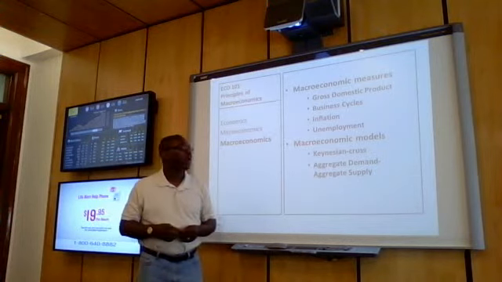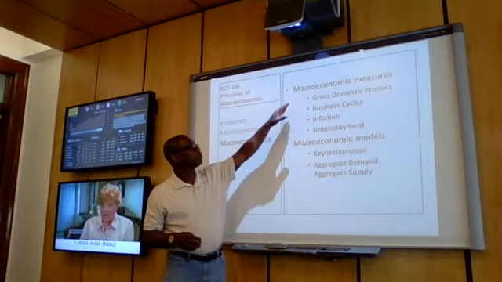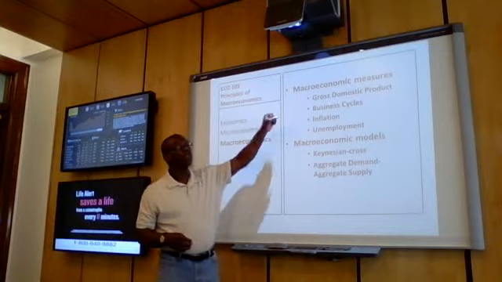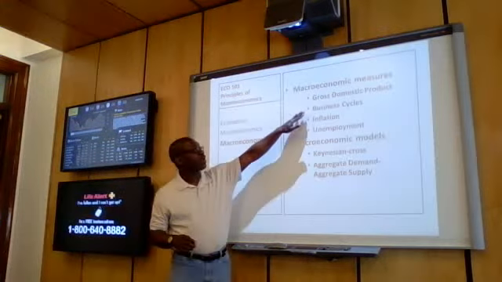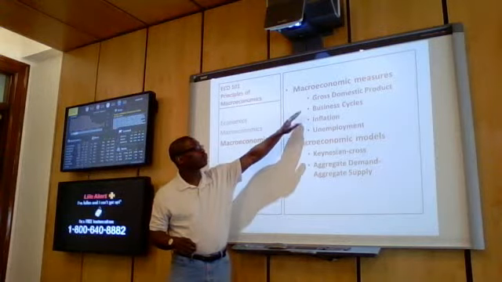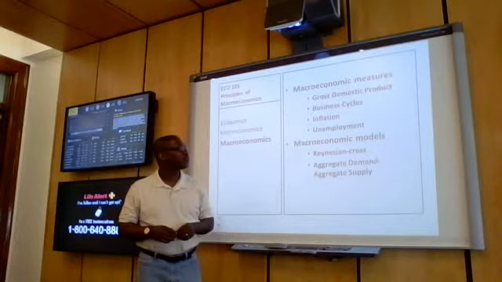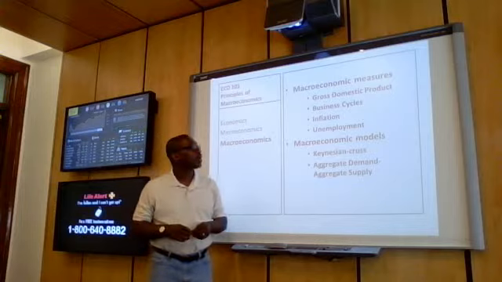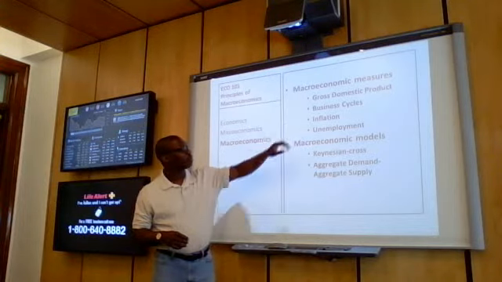In the context of our course, that is the U.S. economy. And so we're going to discuss gross domestic product, GDP, as a measure of production, not income. We're going to look at business cycles, which are simply changes in GDP over time. We're going to introduce 5 phases of the business cycle. We're going to finish the macroeconomic measures by discussing inflation and unemployment.